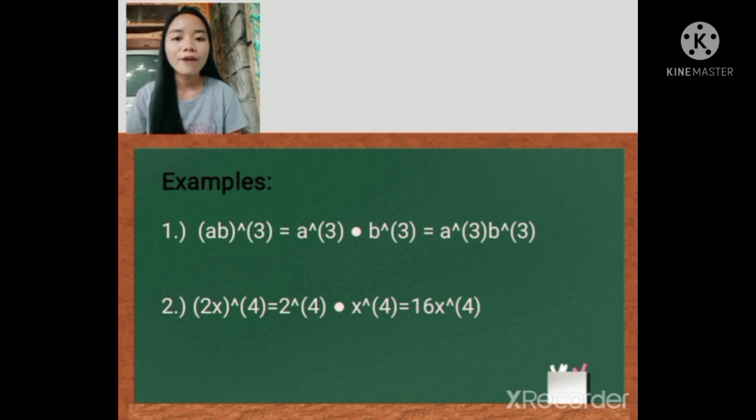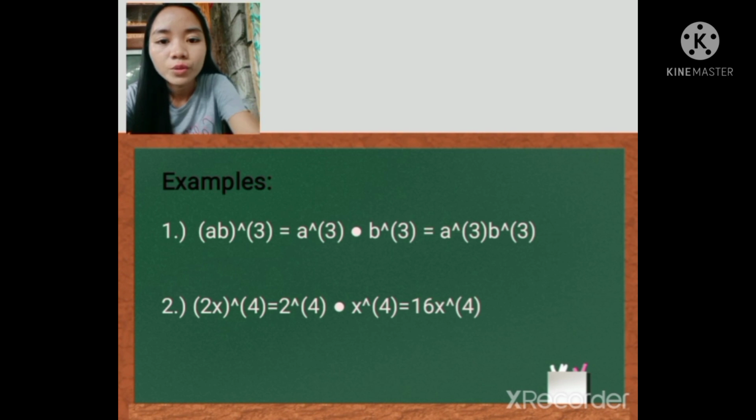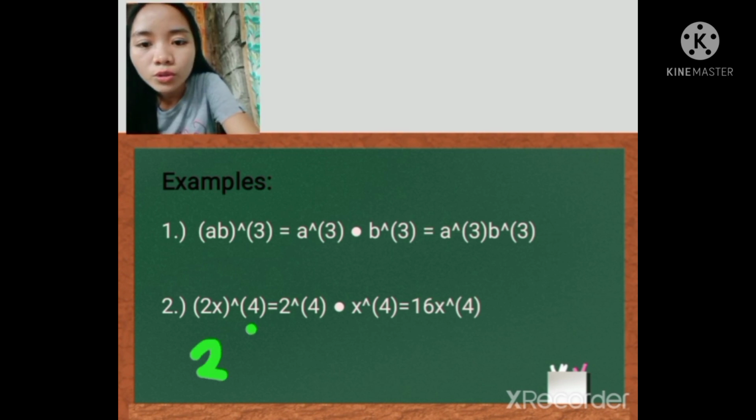So we have 2 to the power of 4 times x to the power of 4. So let's simplify, which is 2 to the power of 4 equals 16, because if we multiply this one, we have 2 to the power of 4